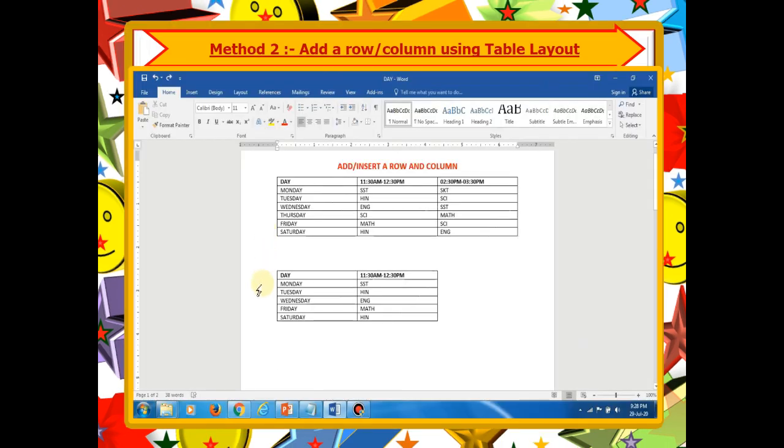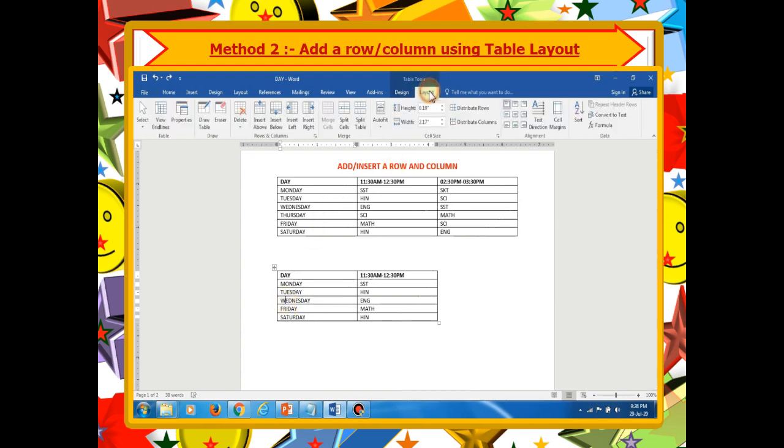I am taking the same example for adding a new row and column using the table layout. So here you can see Thursday row is missing. So I have to create a row below the Wednesday. So I am going to place my cursor on Wednesday and under the Table Tools on the layout tab, inside the rows and column group, I am going to select insert below.